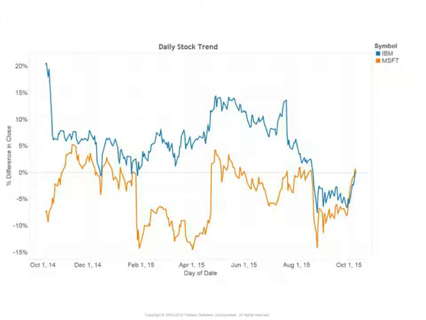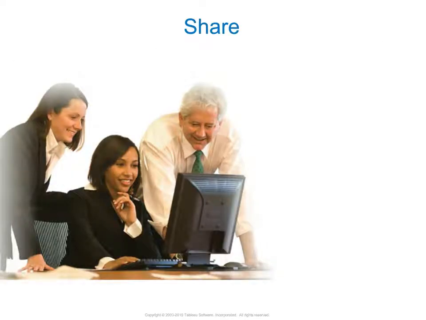Now, my final category is sharing. And the thing about sharing that's very important is that it is sharing that is the single thing that will help you use data most effectively to protect yourself from your cognitive bias. It is when you share your findings with somebody else, particularly your friends, that you're going to find out if your analysis of your data, if your potential decision, is right or wrong.